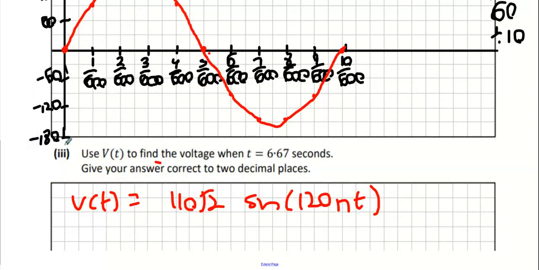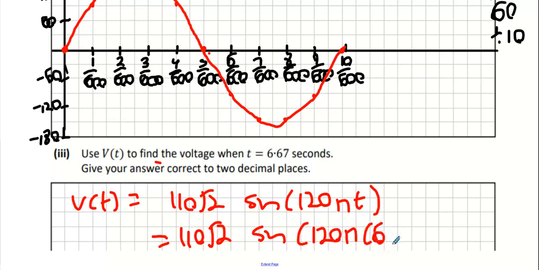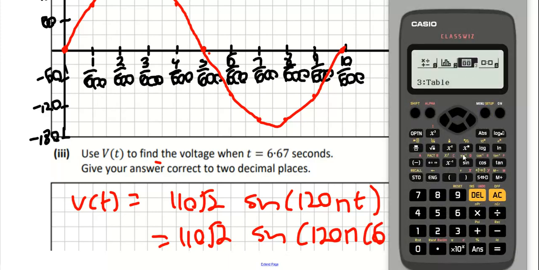120 pi t. We're going to replace t with 6.67. So it's going to be 110 root 2 sine 120 pi times 6.67, close bracket, close bracket. We're going to go to my calculator. We're going to do this. So 110